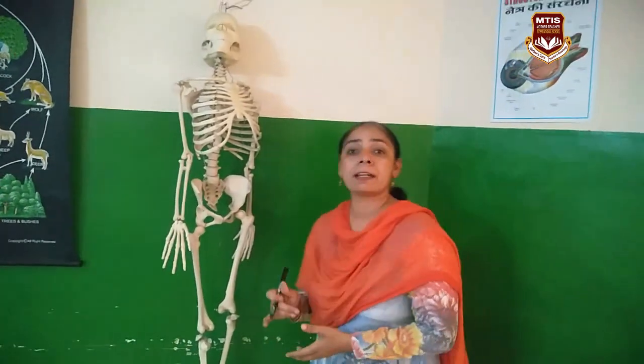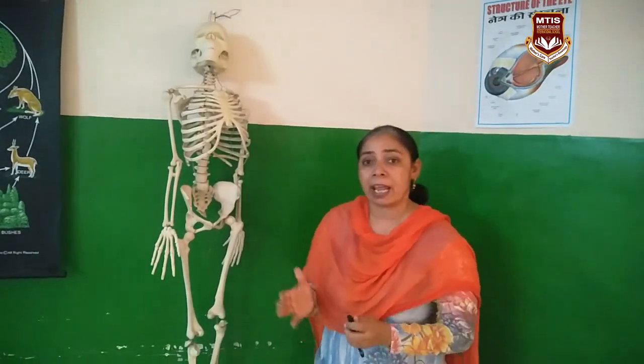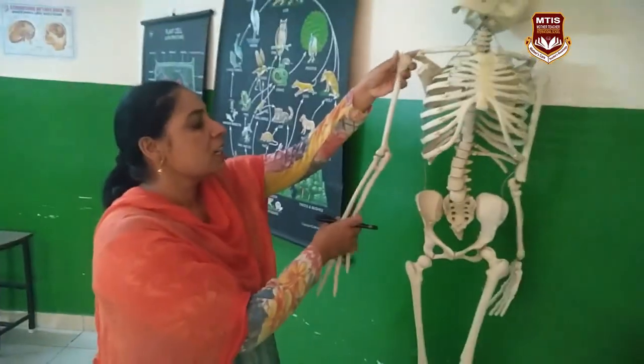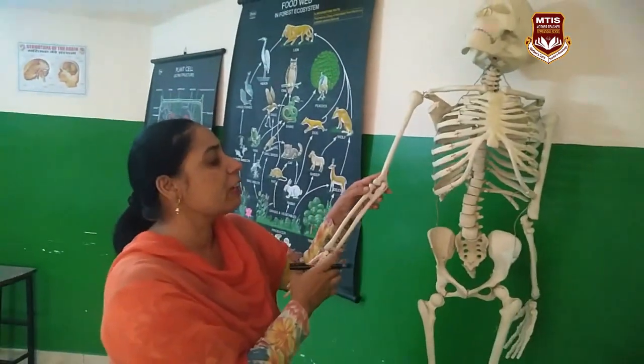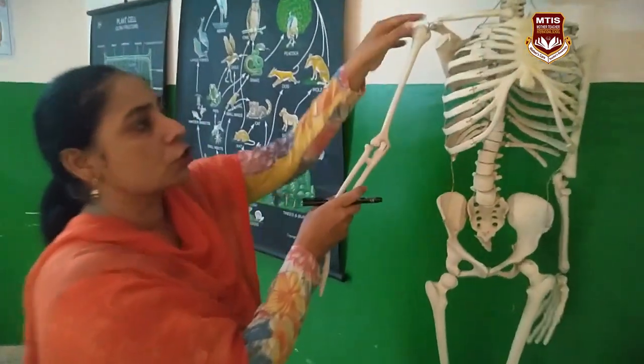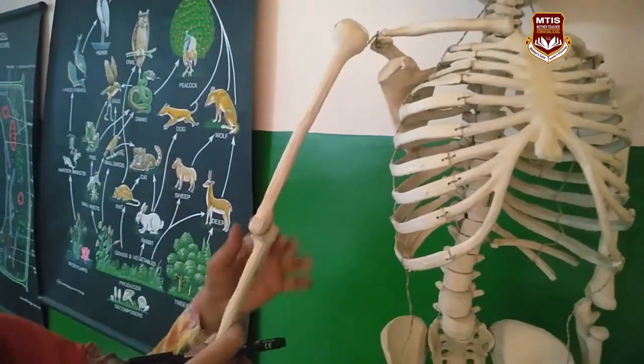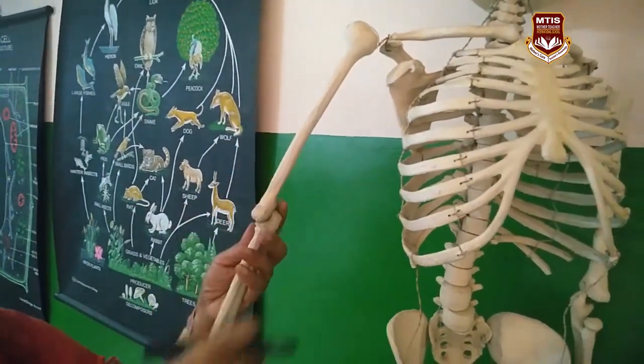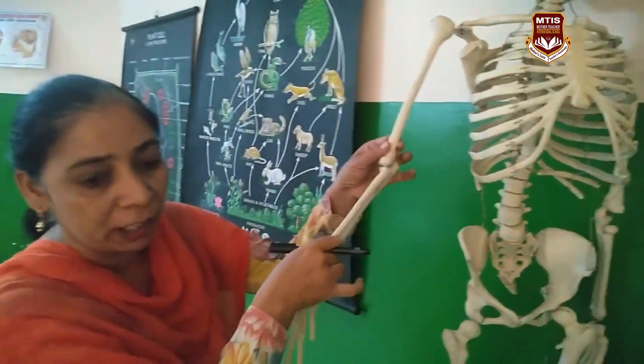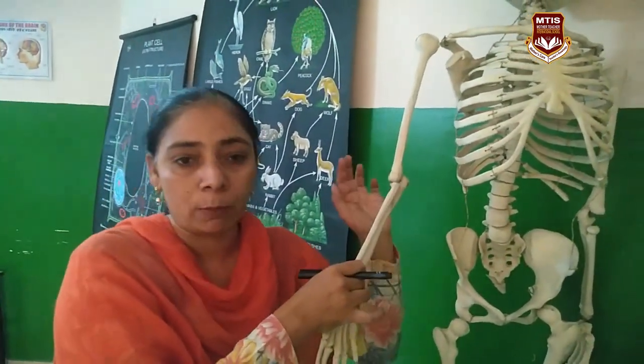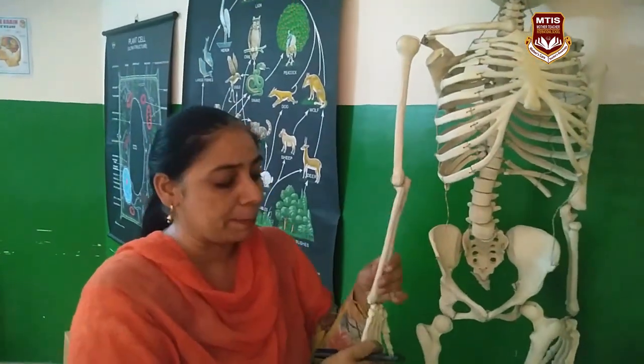It gives shape and rigidity to the body. It helps us to move, to stand straight and maintain the balance of our body. It helps to keep up the weight, and we can stand and move with the help of these joints. Now, the place where 2 bones are joined together is called a joint, and we can move our body parts from where two bones are joined. Only from joints can we move our body parts, right?